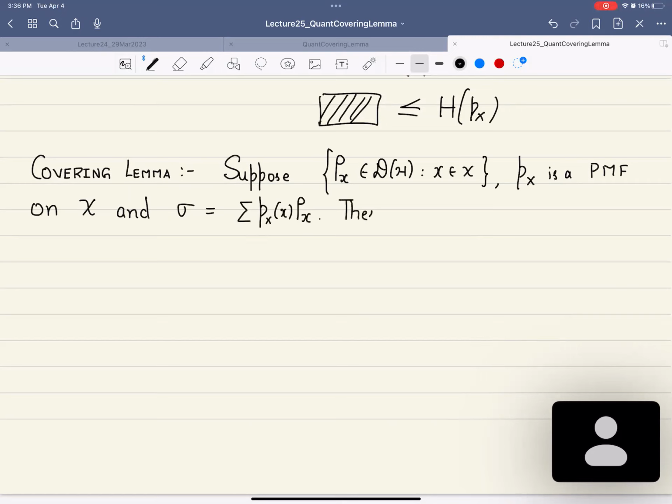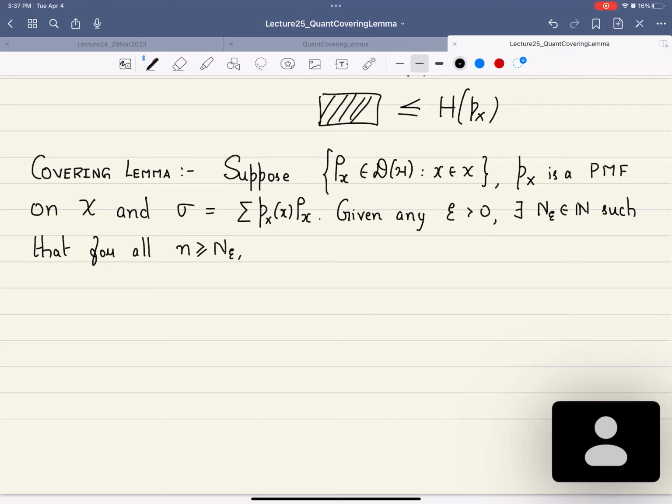Given any epsilon greater than 0, there exists an n epsilon such that for all n greater than or equal to n epsilon, there exists a collection rho xn of 1, rho xn of m, with